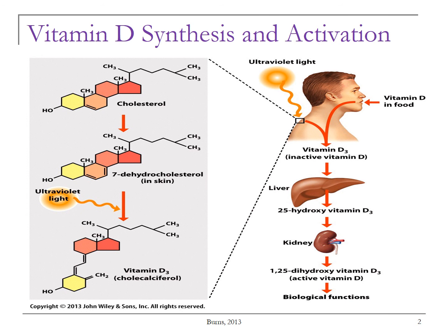When sunlight strikes the skin, 7-dehydrocholesterol is converted to cholecalciferol, or vitamin D3. Regardless of whether the vitamin D in your body was synthesized in your skin or consumed in your diet, it is inactive until it is chemically altered in the liver to form 25-hydroxy-vitamin D3. This is the form that circulates in the blood and is monitored to assess the individual's vitamin D status. However, 25-hydroxy-vitamin D3 is inactive and must be modified by the kidney to form the active form of vitamin D,